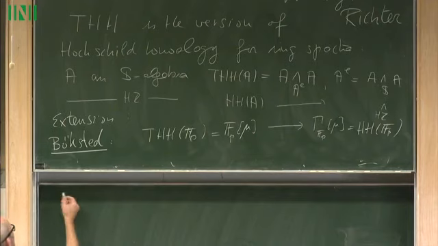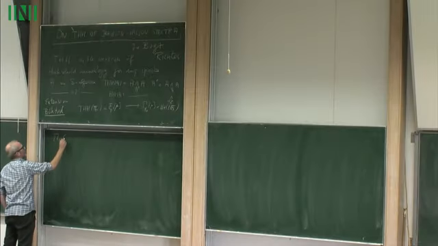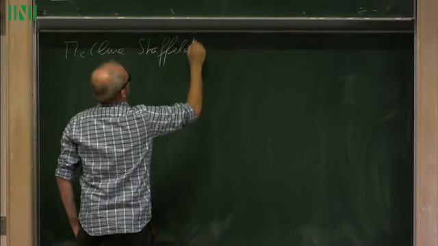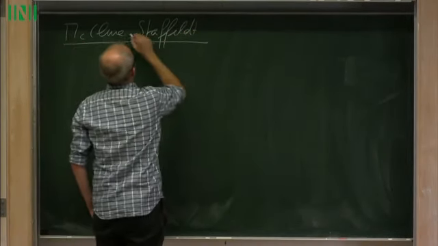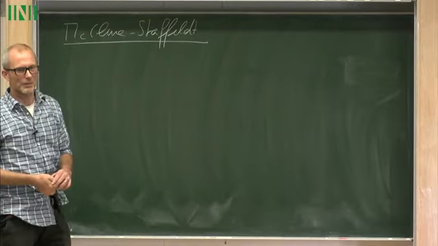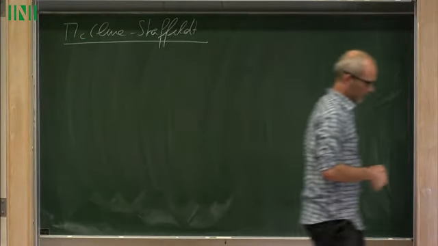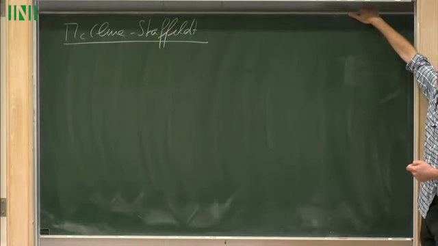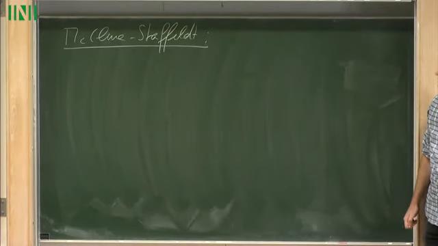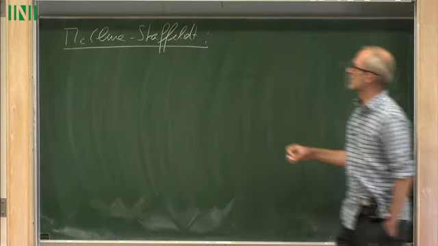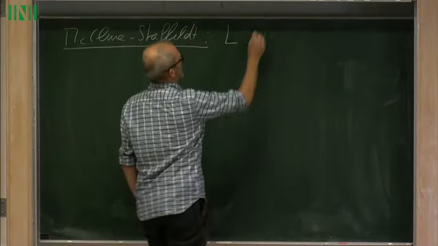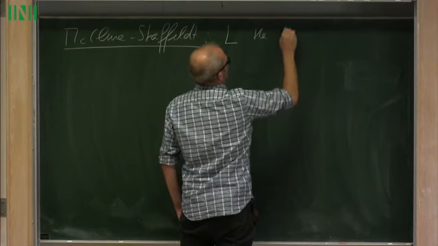It's an intriguing result for me. It's McClure-Staffeldt. So in 2002 there was a Newton Institute program where I shared an apartment with McClure and bugged him to learn everything about THH. And unfortunately I haven't met him since, but it was a great time for me. What did they compute? They look at L, which was introduced by Agnes this morning, the Adams summand